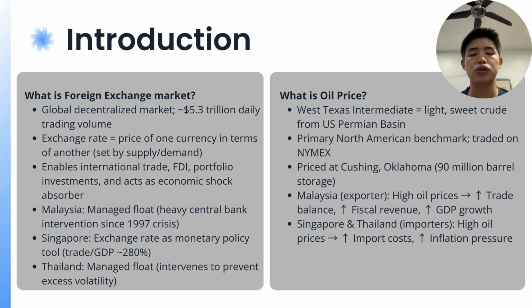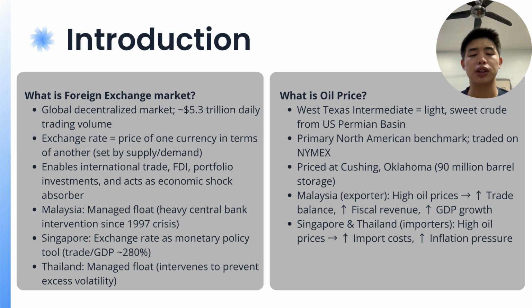Now, looking at our three focus countries, each adopts a different approach. Malaysia uses a managed float regime, where the ringgit floats but the central bank intervenes heavily, especially since the 1997 Asian financial crisis. Singapore has a unique approach, using the exchange rate as its main monetary policy instrument rather than interest rates, given its extremely open economy with a trade to GDP ratio of about 280%. Thailand falls somewhere in the middle with a managed float system, allowing the currency to float freely but intervening occasionally